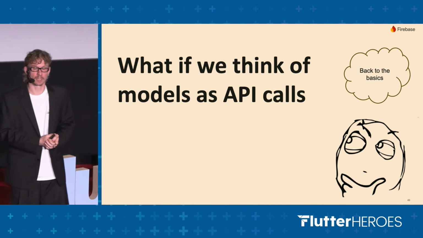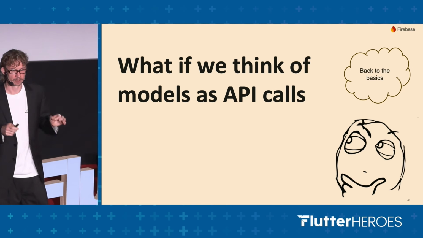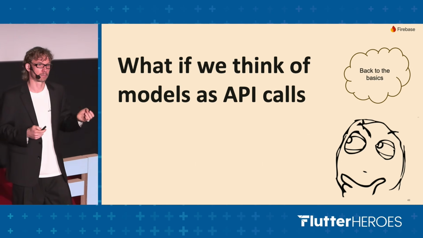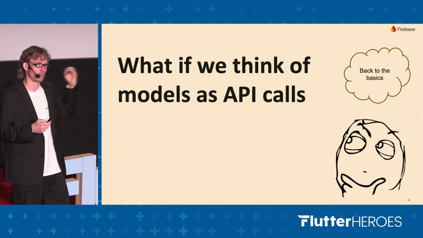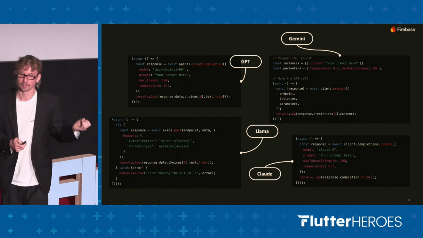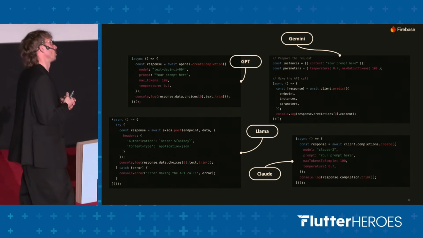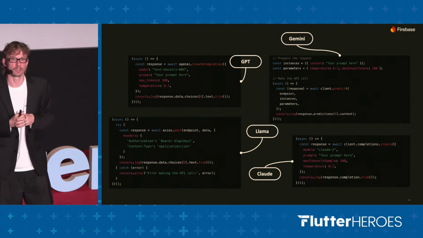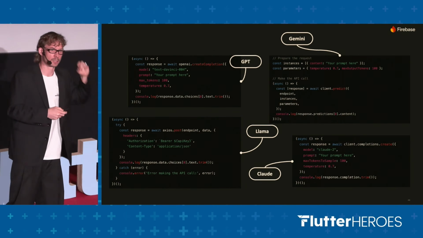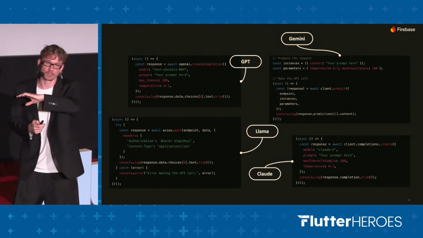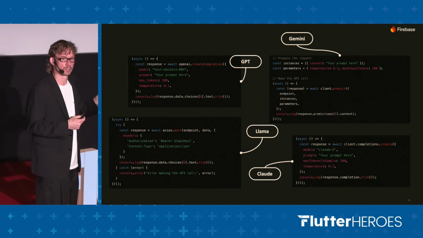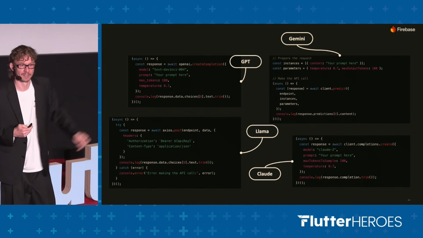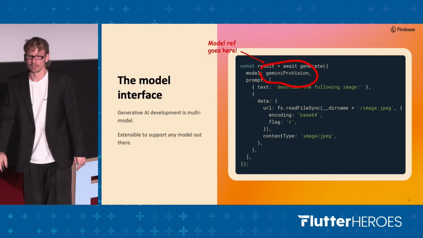So, about the approach itself. What if we think about models as API calls? That an LLM is just an API, an SDK. But as you probably remember from the slide about AI agents, sometimes you need to call different models in one flow, like ChatGPT for one thing, Gemini for another thing. For example, ask Gemini, please check that GPT answered correctly, or something like this. So for this,